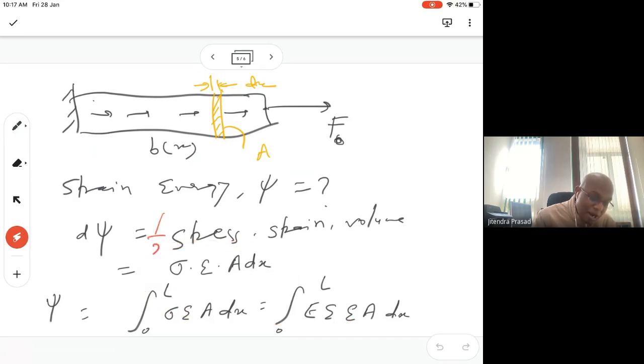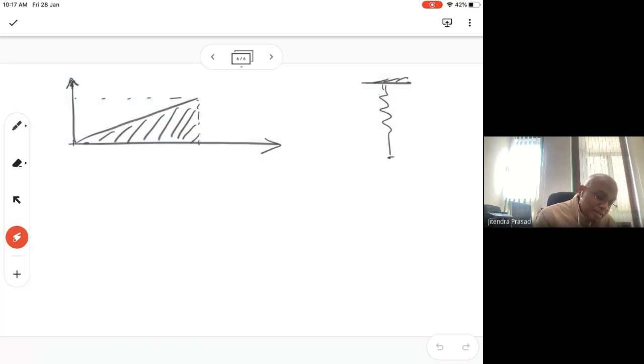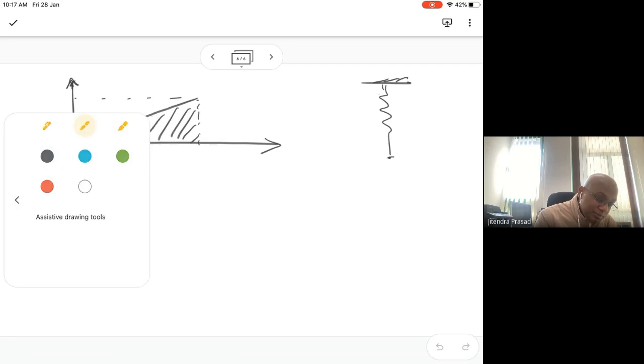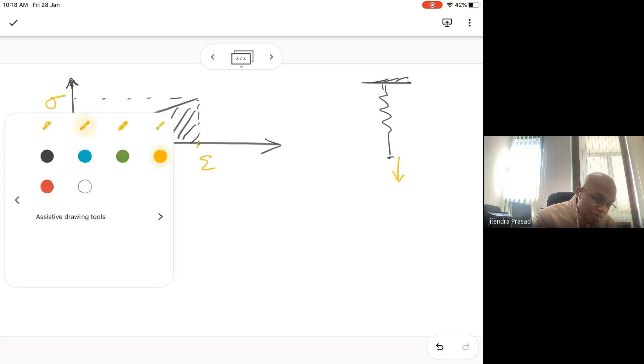Okay, so I think it will be half. So we will look at that. Half times stress times strain. So if you look at this one, this is a strain, this is a stress, right? If you are looking at any point, this is for the whole thing, and here the stress in this case is kx square... but if you have a small bar